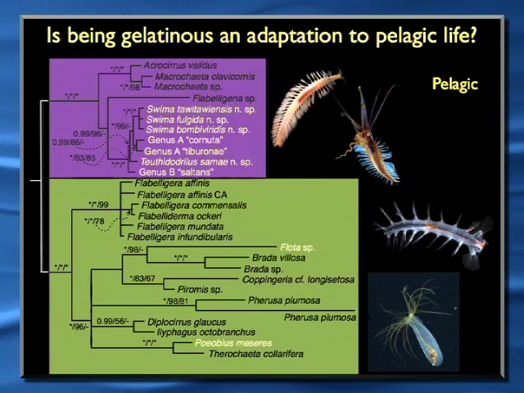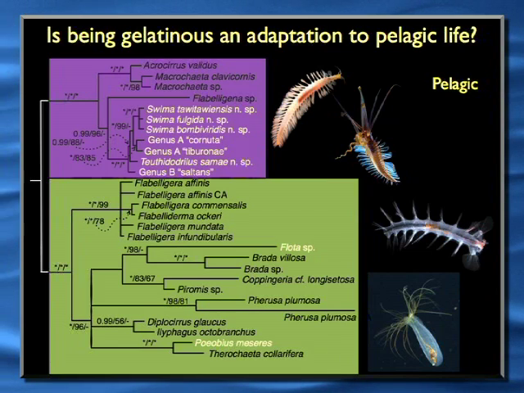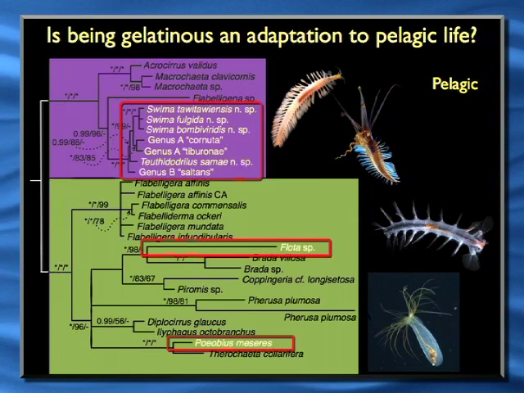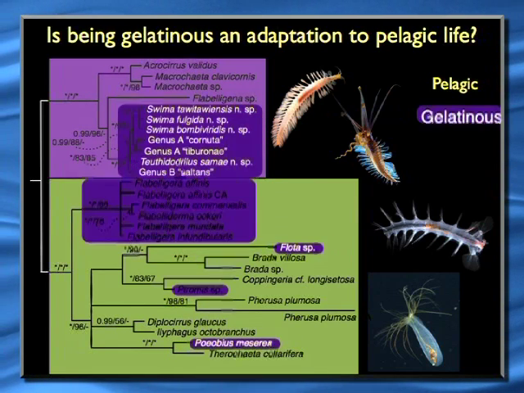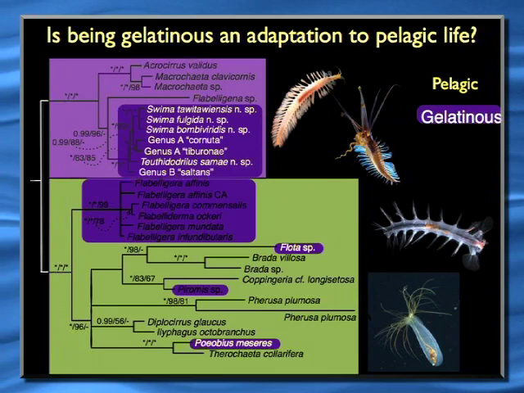So I just want to give you one example of the types of things we can do when you have an evolutionary history, a good phylogenetic hypothesis, and the types of questions we can ask. So back to the tree of the ceratuliform polychaetes. Remember, we have these three examples of pelagic life having arisen. So we can ask questions like, is being gelatinous an adaptation to pelagic life? And if we highlight in purple all the things that are gelatinous,